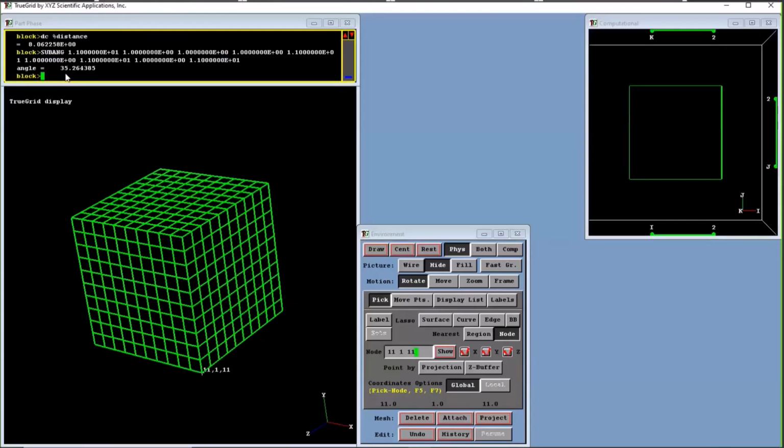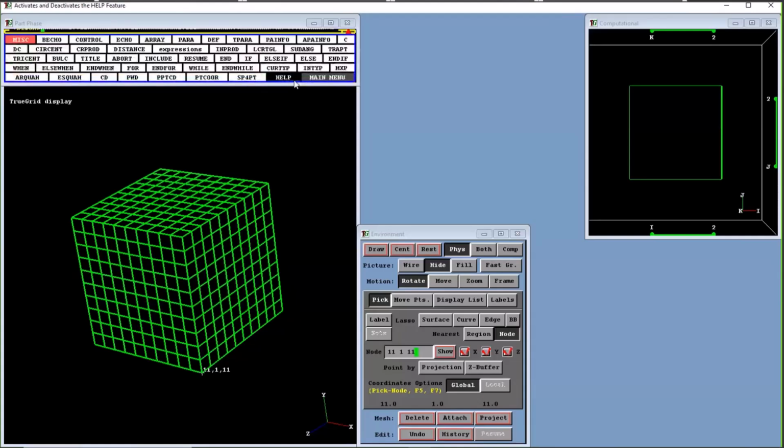And the angle formed by this point and this point is 35.264385. It is called SUBANG, and it is stored in the parameter SUBANG. We call these automatic parameters. They're set automatically when we perform a function. And you can see there are